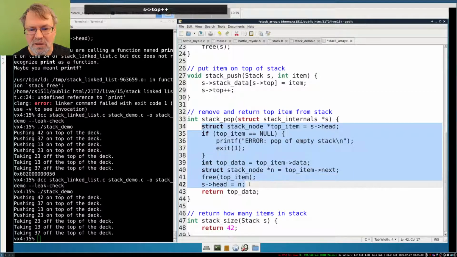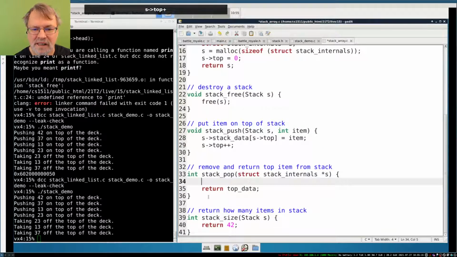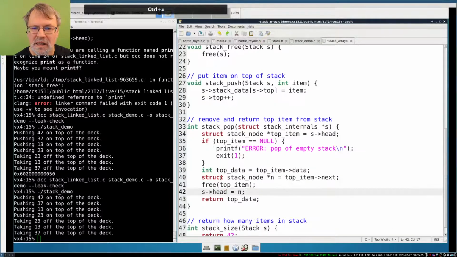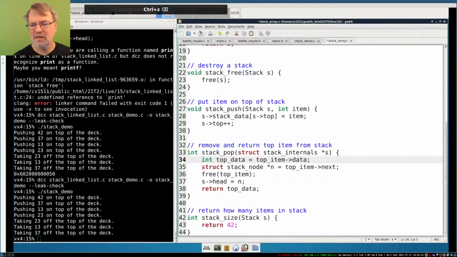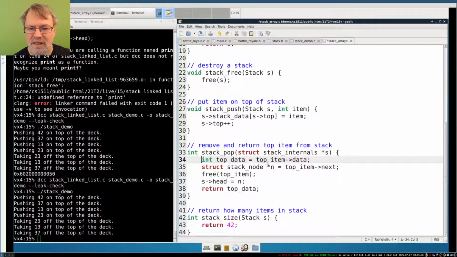Let's quickly do pop as well. Top data equals